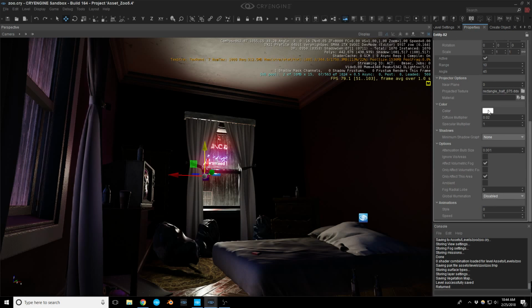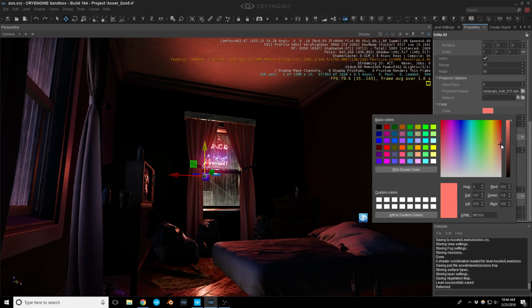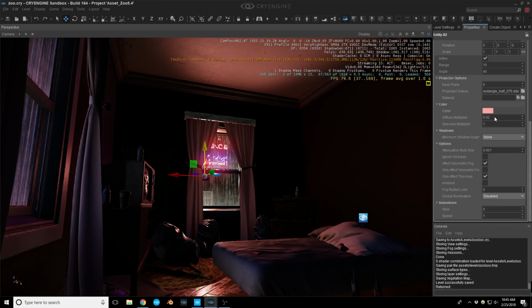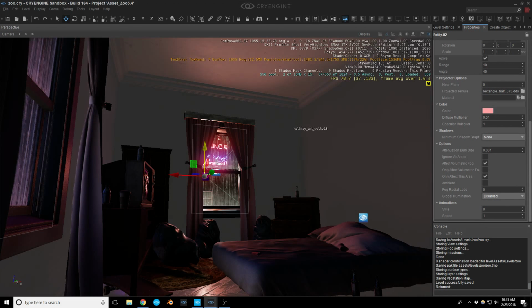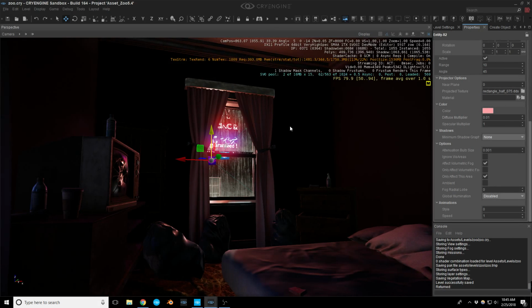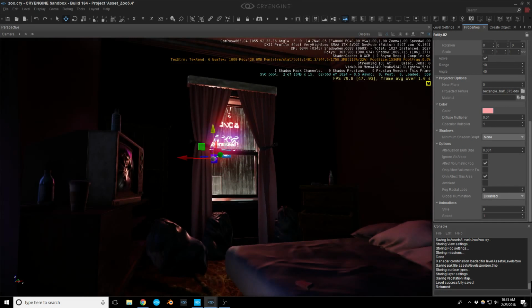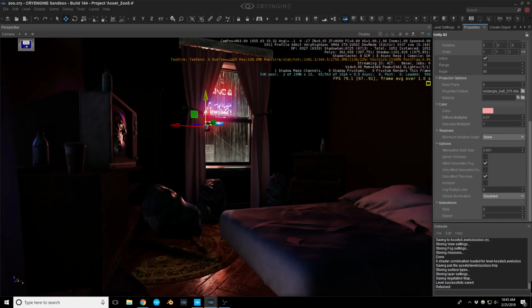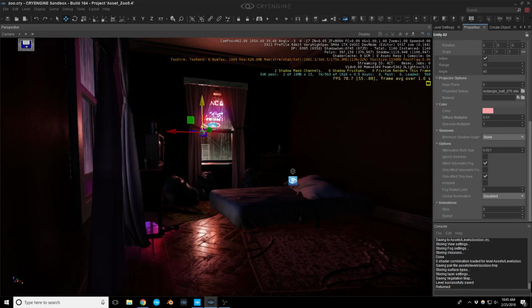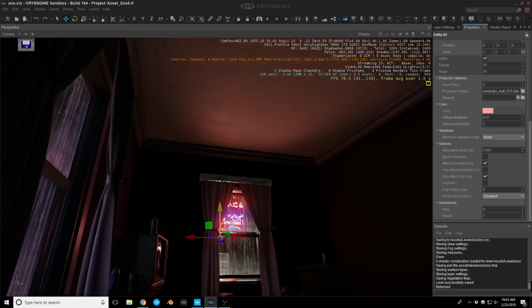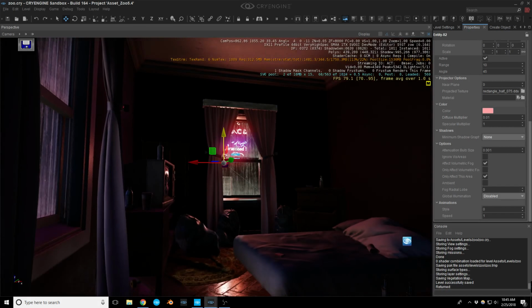I think there are some issues right now with the selector, so hopefully when 5.5 comes out, some of those will be sorted out. And I think we can bring this down to maybe 0.01. Okay, that's a little better. So we have some of the red light coming in,